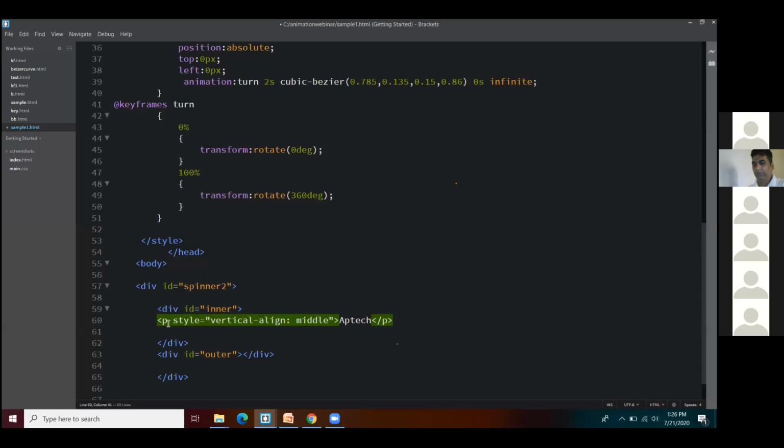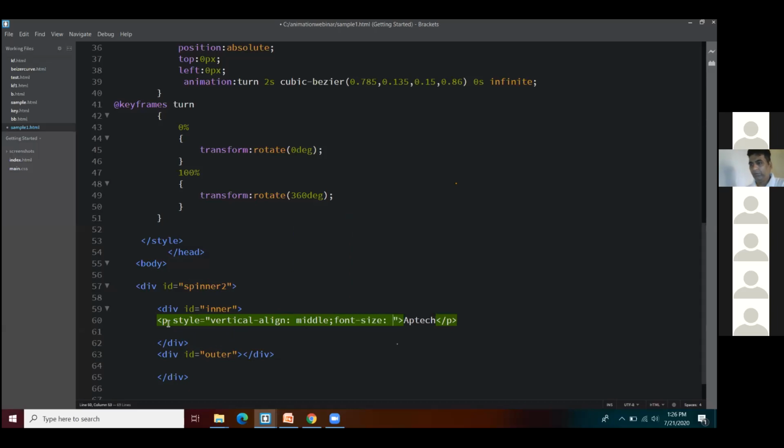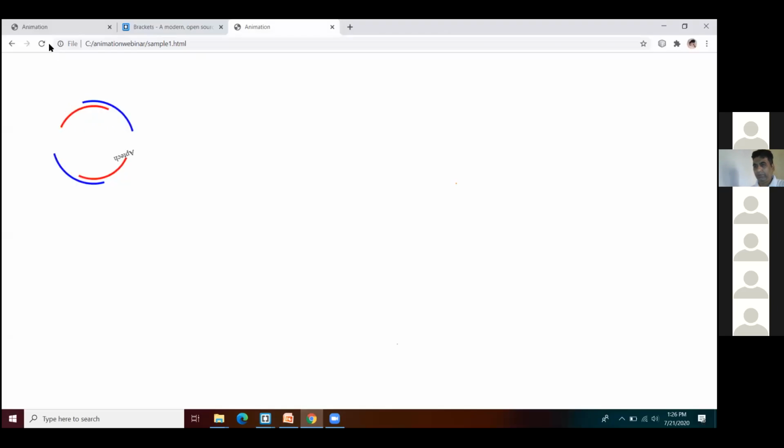And as well, I'll also increase its font. So I'm just writing here, font size, I'll set it to some 50 pixels. So let us refresh the code and check it out over here. So see there, apptech is in the center. You can go ahead with any animations or you can write down any text, place a logo, place a picture, everything works over here. Okay, so make sure you place the things inside your inner circle only.